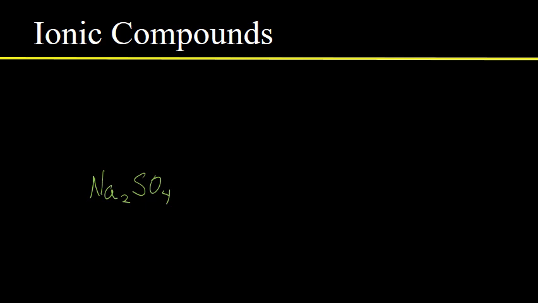The reason we work on names is because it's important when you see something like this that it doesn't just look like a collection of sodiums and sulfurs and oxygens, and that when you see this, you say, okay, I see what that is. That's an ionic compound, and it's got two parts. It's got a sulfate